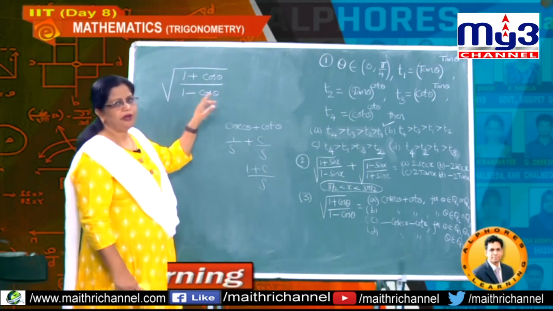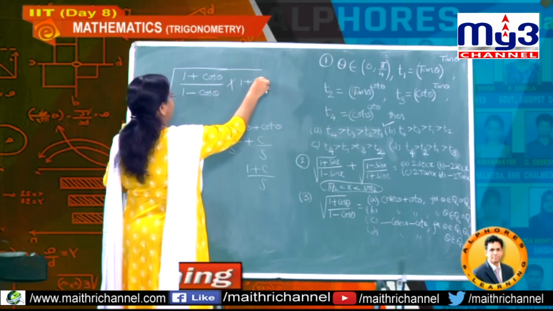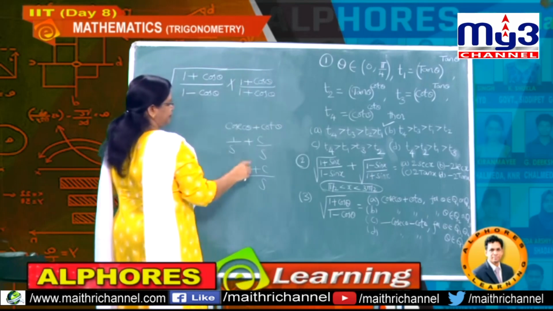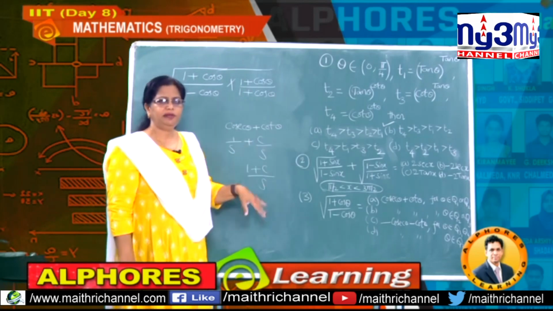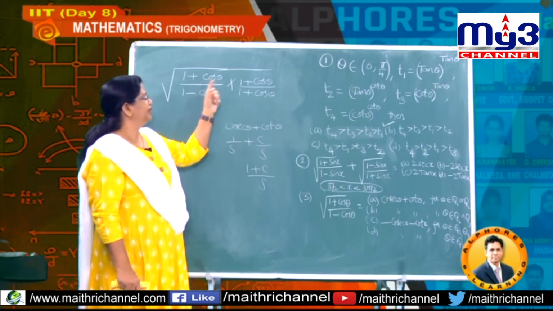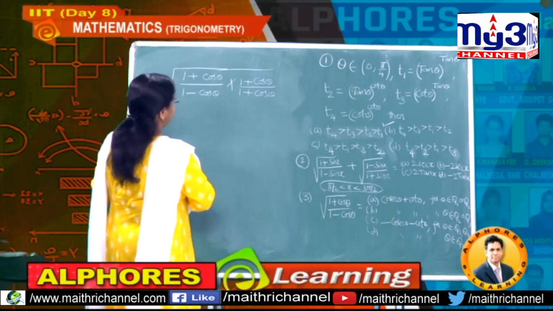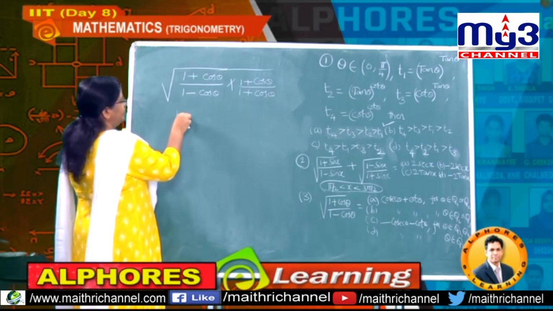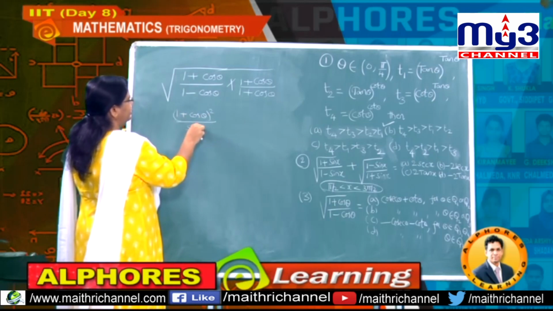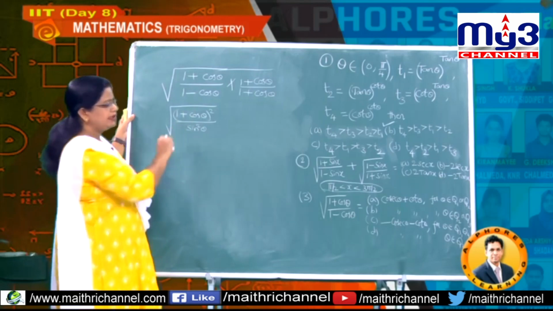That's why in this problem we multiply with the term 1 plus cos divided by 1 plus cos, because in the numerator we require 1 plus cos, and in the denominator we require sine. That's why I didn't multiply with 1 minus again, I multiplied with 1 plus. Then observe the numerator. It is 1 plus cos theta whole square. Understand? The denominator is sin square theta. This is our value. Got it? 1 minus cos square is sin square.